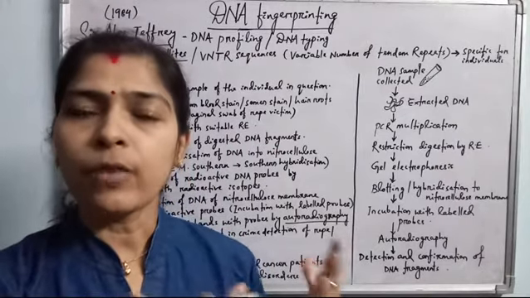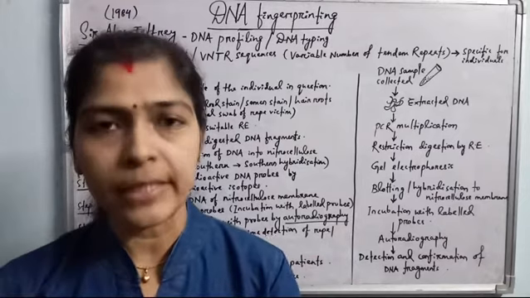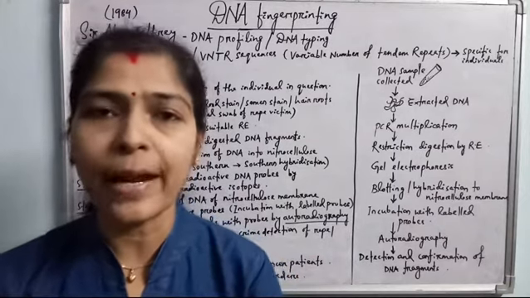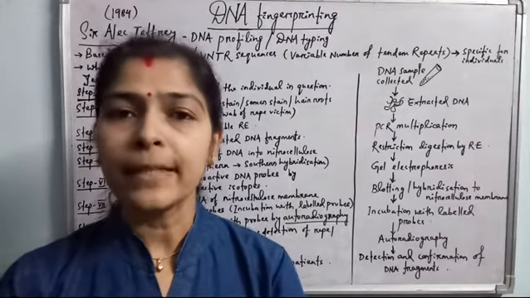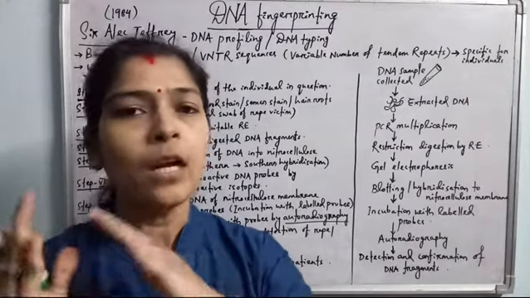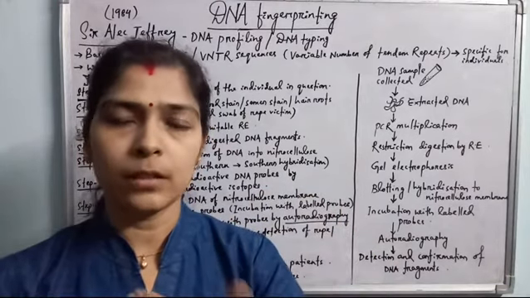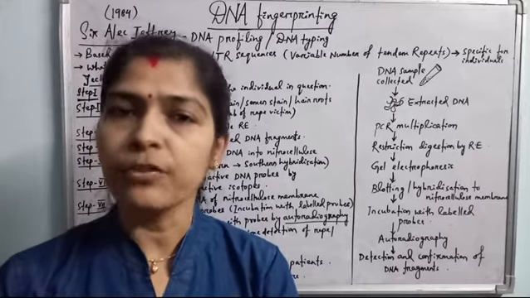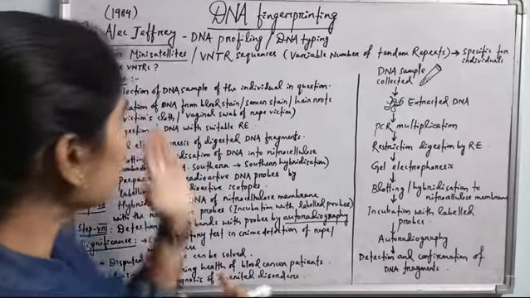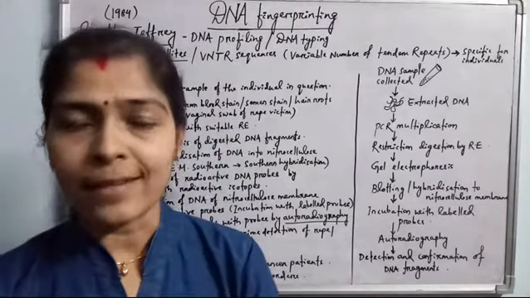These are polymorphic DNA which vary from individual to individual, and they do not code for any genetic information or any protein, but they are present inside the DNA as repeats. There are many repeats of such VNTR or STR sequences in the individual's DNA. So based upon these sequences, this fingerprinting analysis is done.